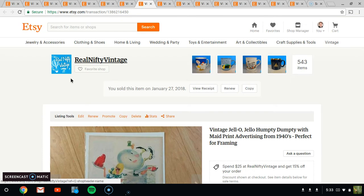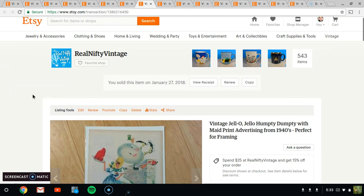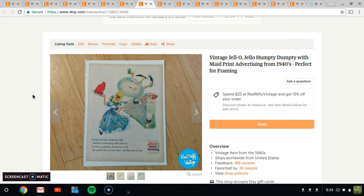All right. There's a lot to get through this week. I did sell quite a bit. This is a really cool thing, and it took longer than I thought to sell, but it's a Humpty Dumpty Jello advertisement. It's from a magazine, and it actually came like this when I bought it, with the matte background and the